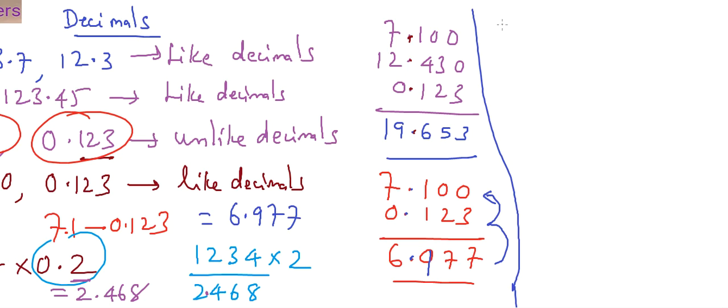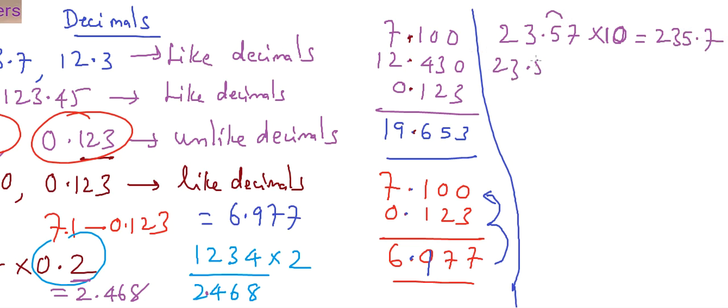Suppose we want to multiply 23.57 by 10. It's very simple. We just need to move the decimal point to the right by 1 decimal place, because 10 has 1 zero. So just shift the decimal point to the right by 1 digit, so that the point will come here, correct? So it is 235.7. That's all, very simple.